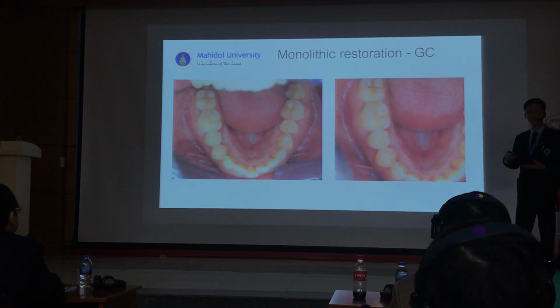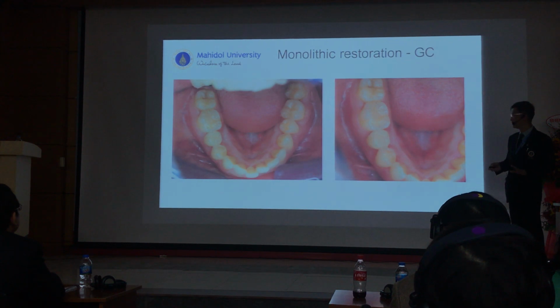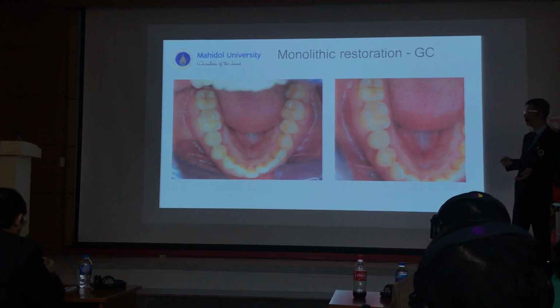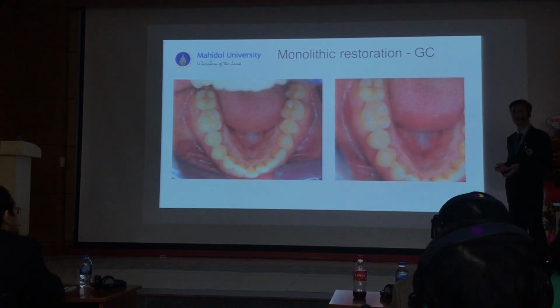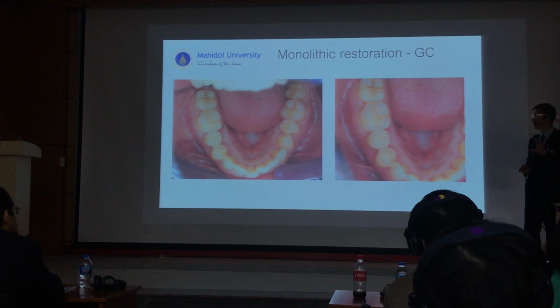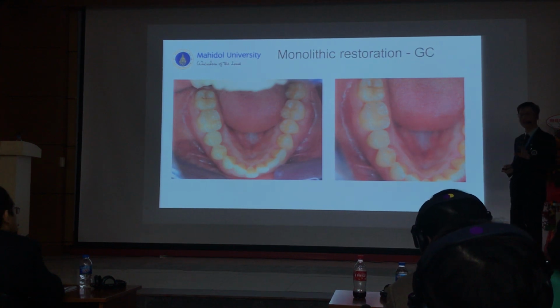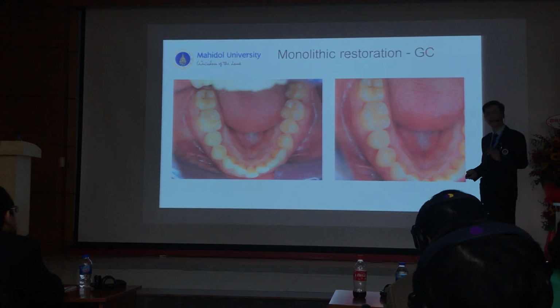But you need to consider the compromise between strength and beauty. If you want to make it very beautiful, you must have a very good preparation, and you have to explain to your patient that there is some risk that this might fracture in the future. But compared with PFM, the risk with glass is very small, like 3 or 4 times, because the fracture toughness of zirconia is less than 1, but glass is around 3. Okay.